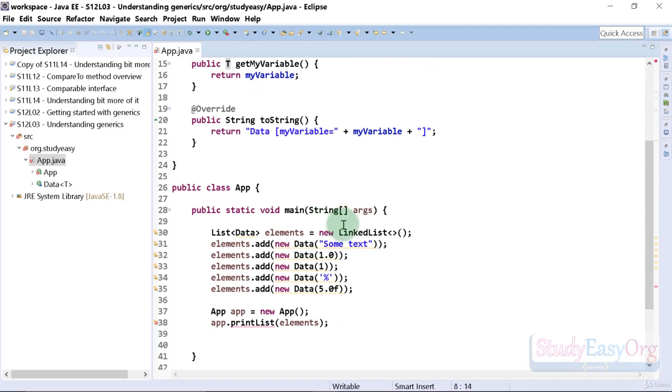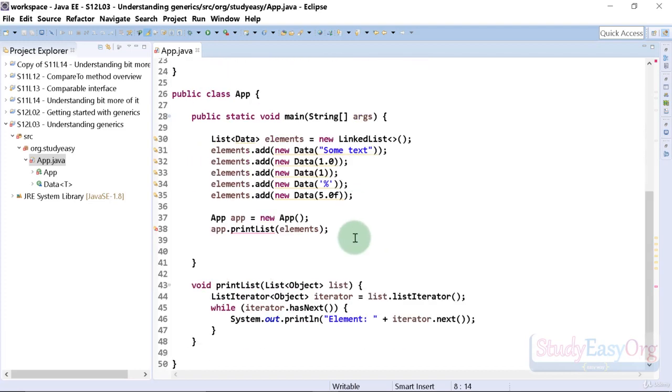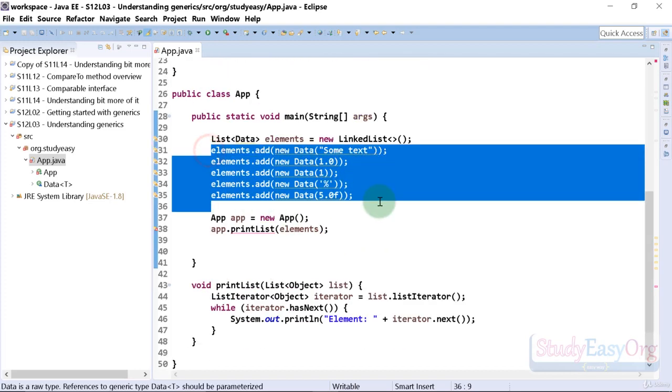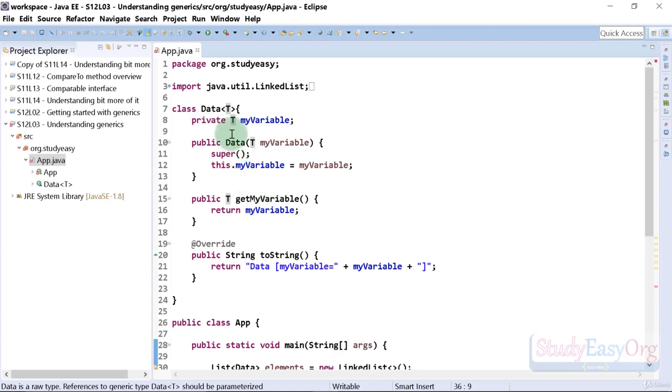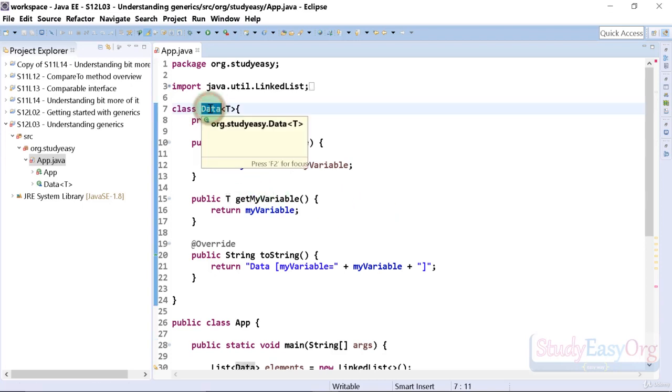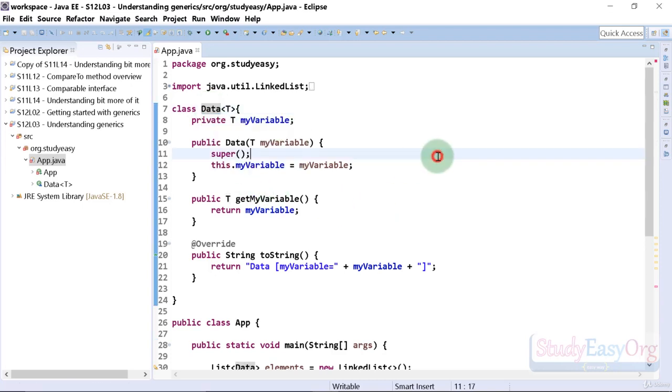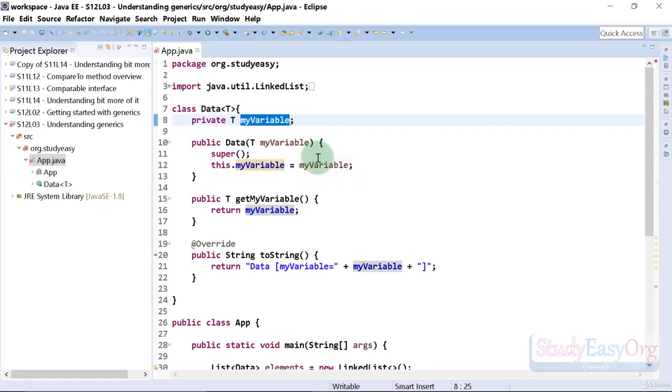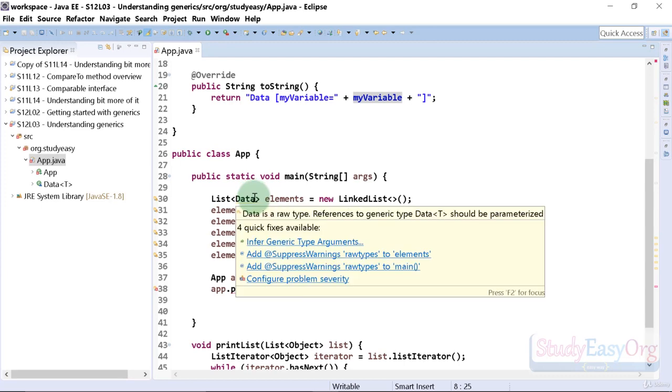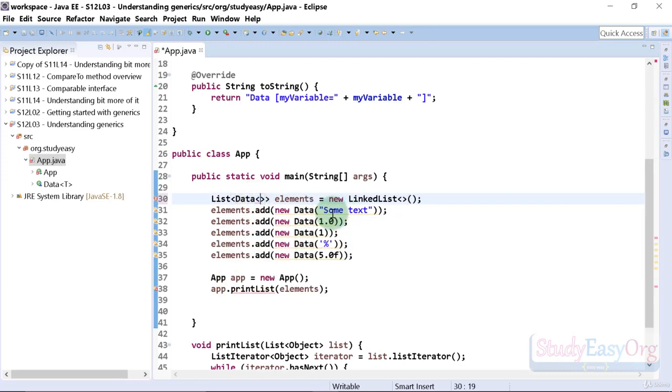Now friends, there is a catch in here. If we want to store any type of data in an object of data type, getting my point? If we want to store any type of data in this variable my variable, then definitely we need to give the type as object. So in here I will type object,